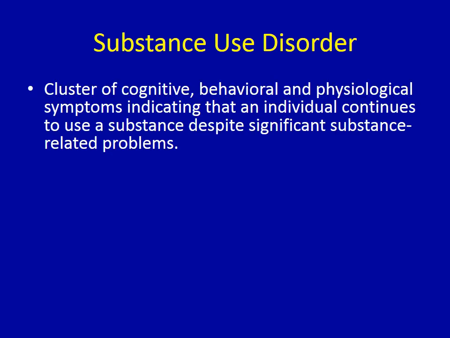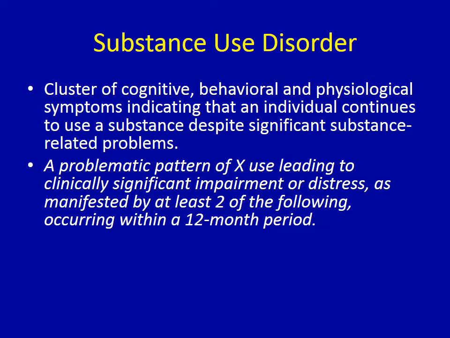Primarily what we see in treatment settings are what we call substance use disorders. So these are disorders that are characterized by a cluster of cognitive, behavioral, and physiological symptoms that indicate that an individual is continuing to use a substance despite experiencing significant substance-related problems. So a pretty typical wording for the diagnostic criteria for a substance use disorder in the DSM is a problematic pattern of use, and that might be a problematic pattern of alcohol use or a problematic pattern of amphetamine use,